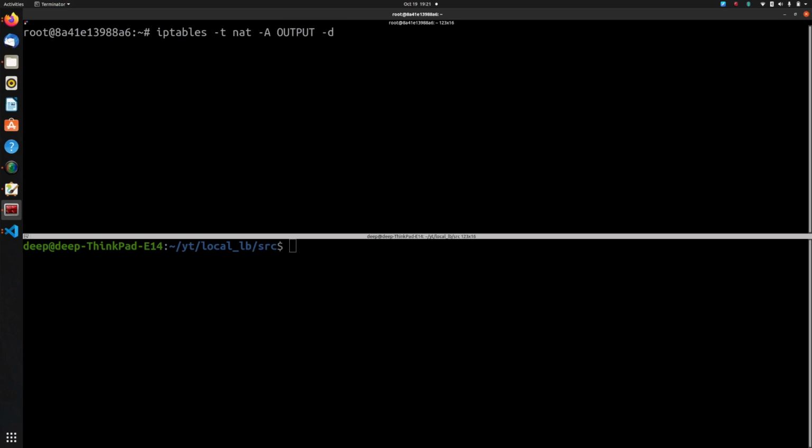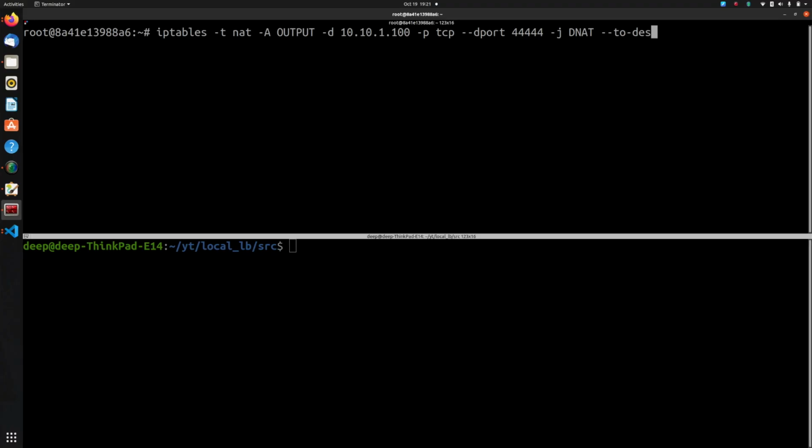Now I need to tell this rule to get executed whenever it matches the VIP, right? So for that, I'll do -d, which is destination. So I'm saying that if the destination IP matches 10.10.1.100, protocol is TCP. What's the destination port that I want to match? That's 44444. And what I want to do with the packet is DNAT it to what?